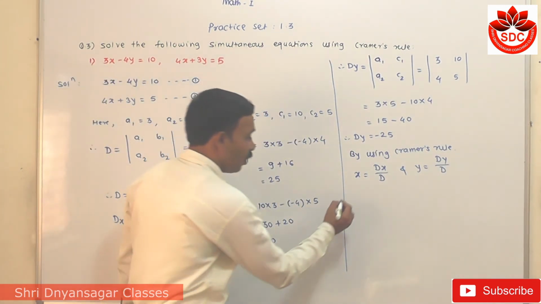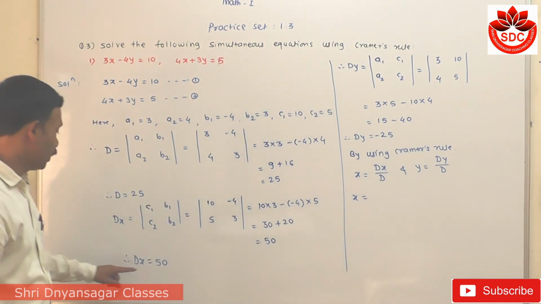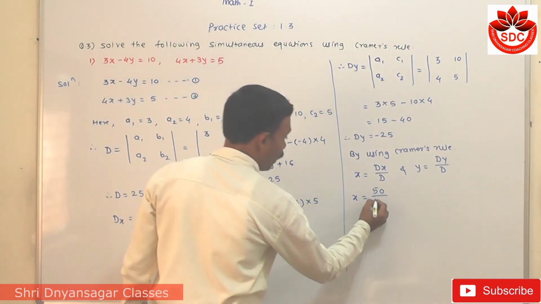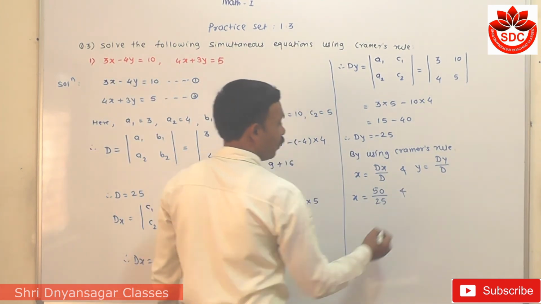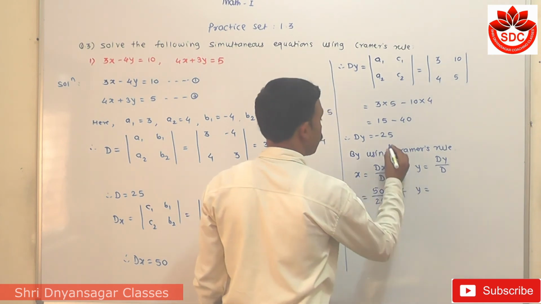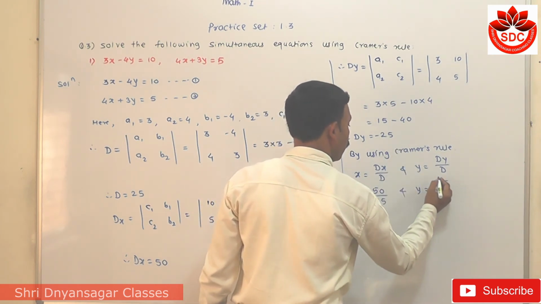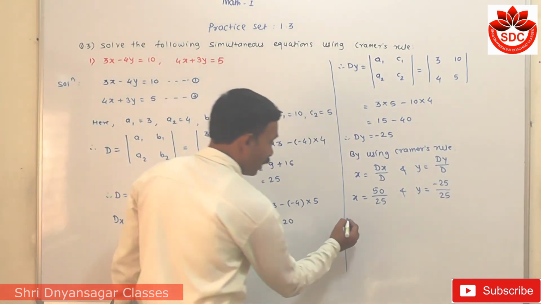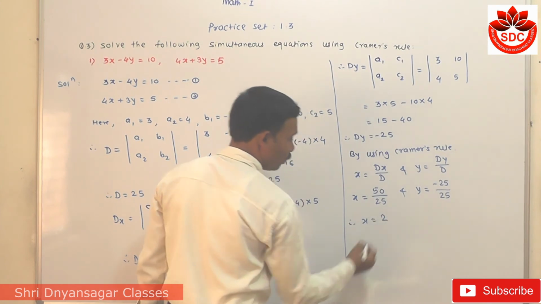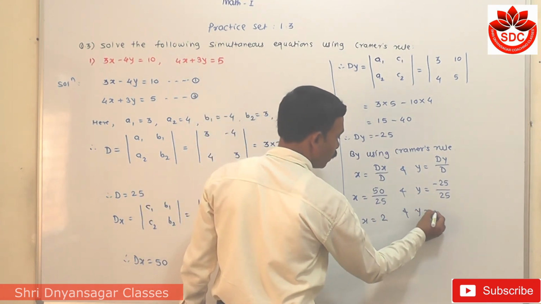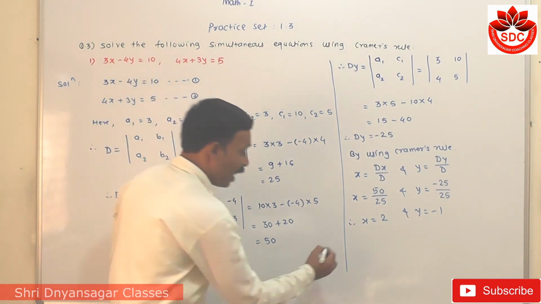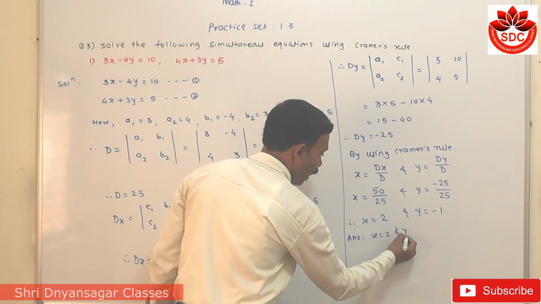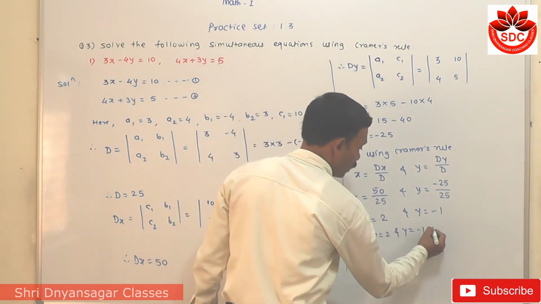Now the value of determinant of x is 50 upon the value of d, which is 25, and the value of determinant of y is minus 25 upon the determinant 25. We can simplify it so that x is equal to 2 and y is equal to minus 1. Therefore, the answer in full sentence: x is equal to 2 and y is equal to minus 1